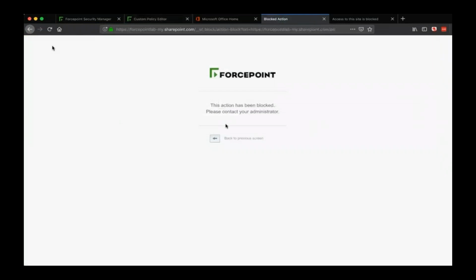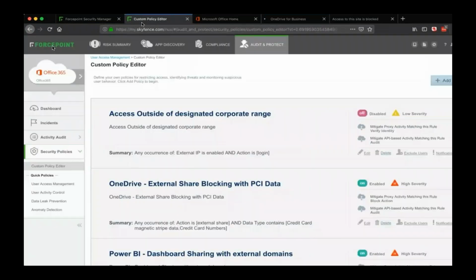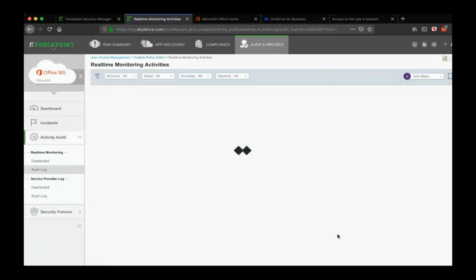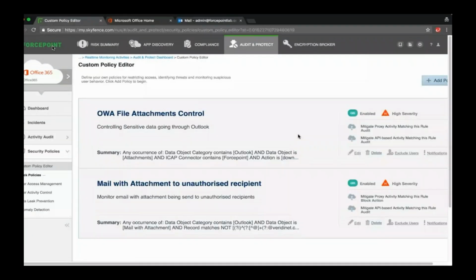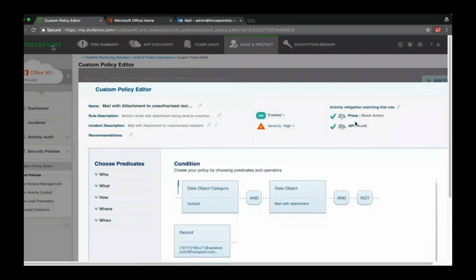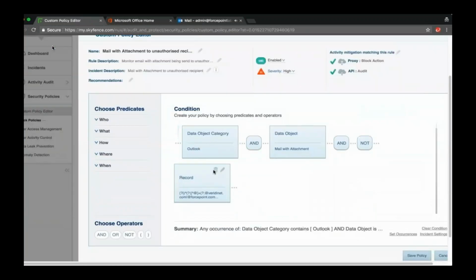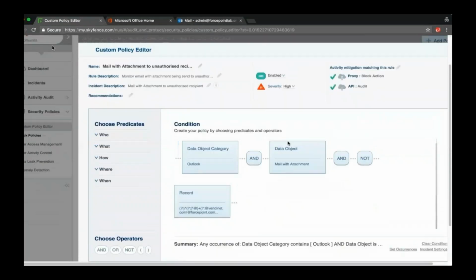Very simple guardrails to solve some really often challenging security areas. These are not challenging for us. These are very simple, out of the box stuff, but it's not necessarily something that is easily solved by existing technology. So, mail an attachment to an unauthorized system. You might decide that if the users are using Outlook and they're trying to attach documents from laptops or devices that are not company-sanctioned laptops, and it's outside of your business, that you might want to block that.